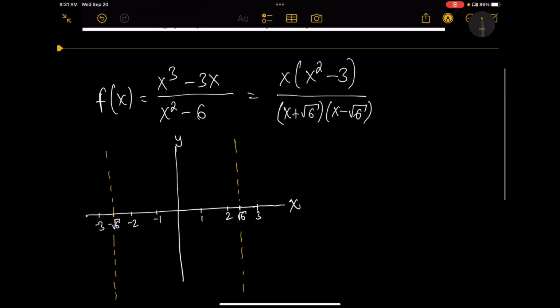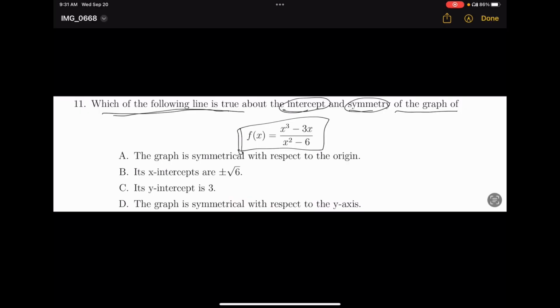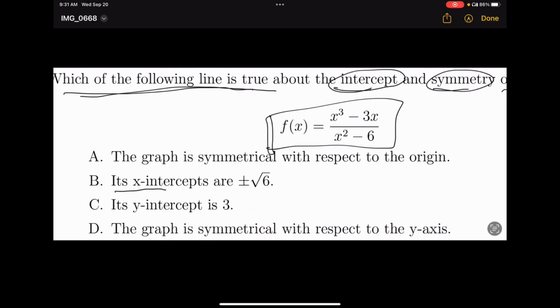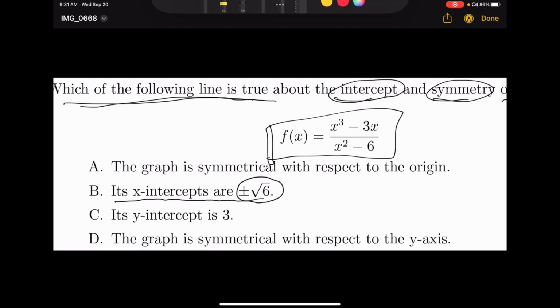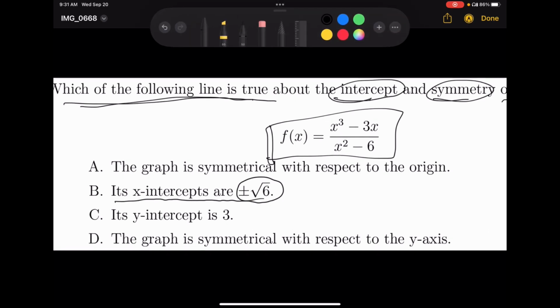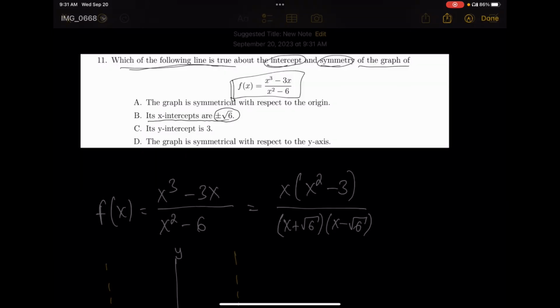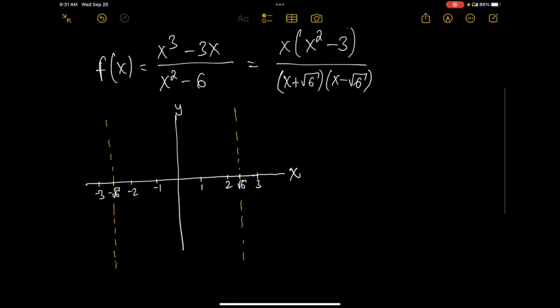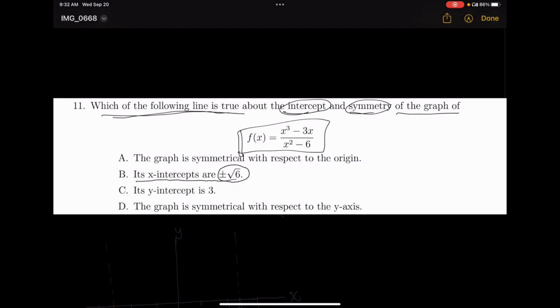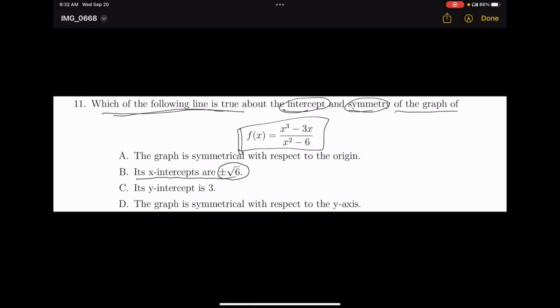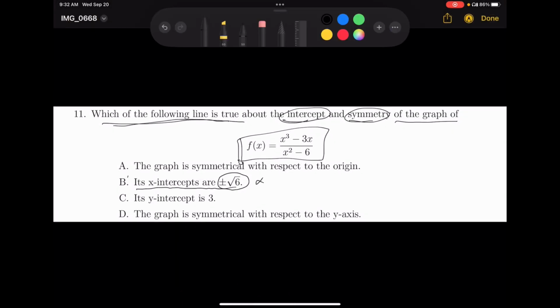Okay, it would have a vertical asymptote. አሁን እዚህ ጋር b ላይ ምንድነው የሚለው its x intercepts are plus or minus square root of 6. okay, x intercept ማለት when y is 0 ማለት ነው right እና የፈንክሽኑ ግራፍ x አክሲስ የሚነካበት ግን እኛ እንደምናውቀው ፈንክሽኑ square root of 6 እና negative square root of 6 መሆን አይችልም okay እነዚህ x intercept ሊሆኑ አይችሉም okay ለዛ b መልስ ሊሆን አይችልም ማለት ነው።